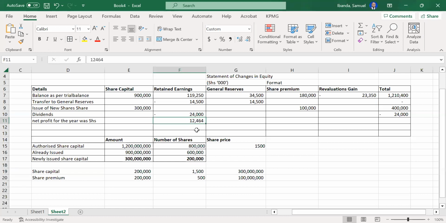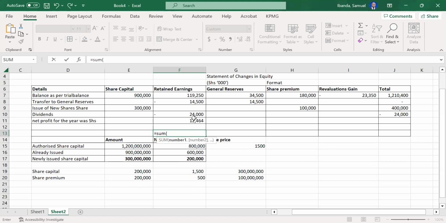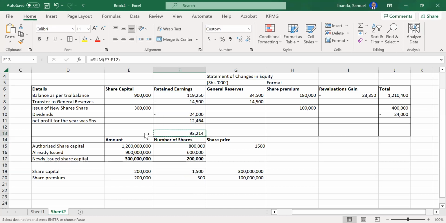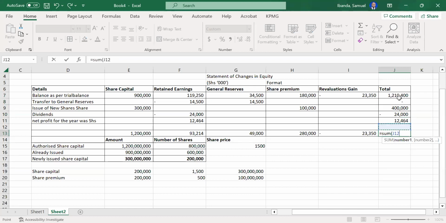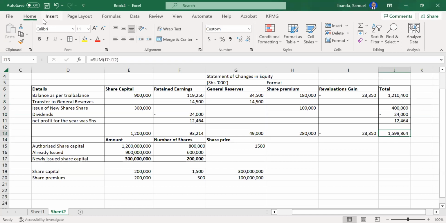So once I have my profit here, I've now gotten all the information that I needed. So I'll just add all the columns. I'll add these columns here, here, here, here, here. So as you can see, the total here should be the total here. So I'll also try to get the column here. Sorry. So here, just move down. So this is 1598. This is also 1598. So I'll just get one of the totals and put it here. So that is what basically was needed. And if you try to, because this was a model exam,